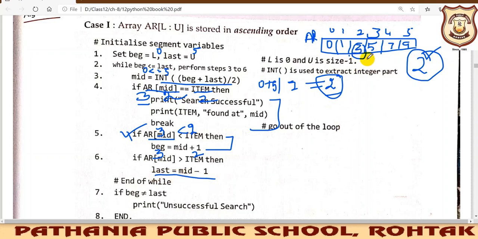Why? Because now we have seen where we need to search: 2 is less than 3, so our element might be present in this side only. Before that, there is no use of searching. Since 2 is less than 3, my element would be somewhere here only. It cannot be here because I know my array is sorted. So I need to start searching from here and go up to here only, so the end of the array, last, will be mid minus 1.